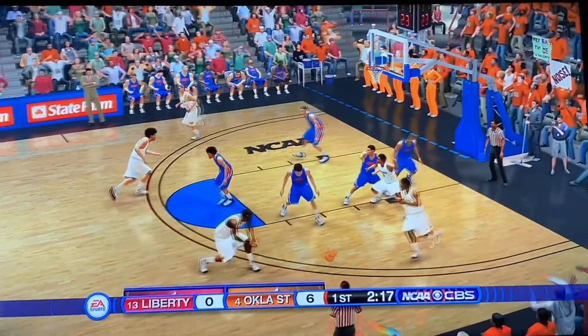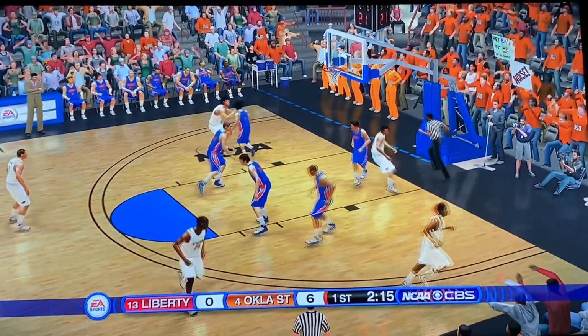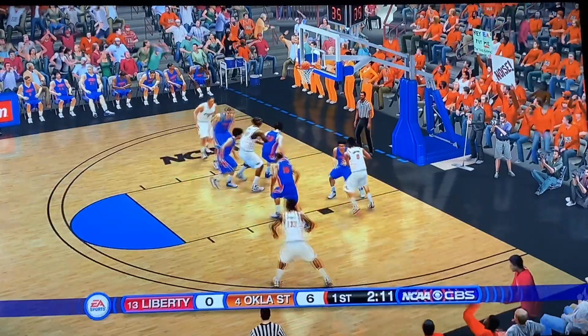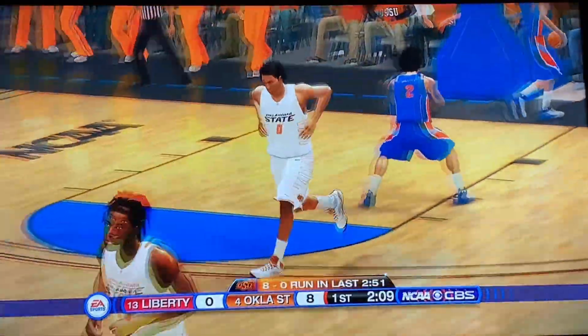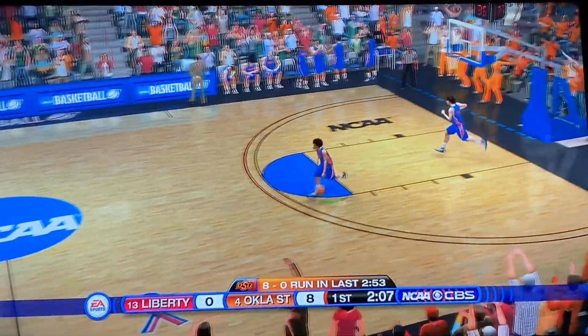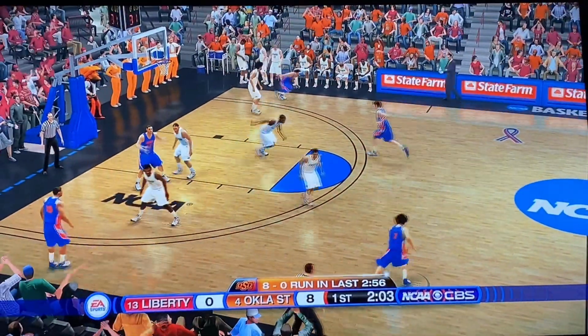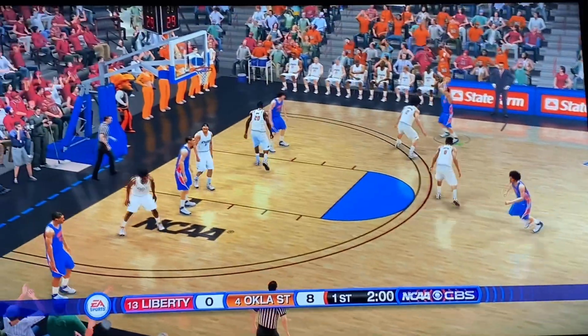Back out. I think Boone's number 20. I'm not 100% sure. I probably should have taken a better look at the start. Cunningham misfiring. Avery Anderson, though, the shooting guard, able to get it to go, getting the rebound. 8-0 run here for Oklahoma State. 3 minutes gone in the game, and Liberty still hasn't even scored yet.